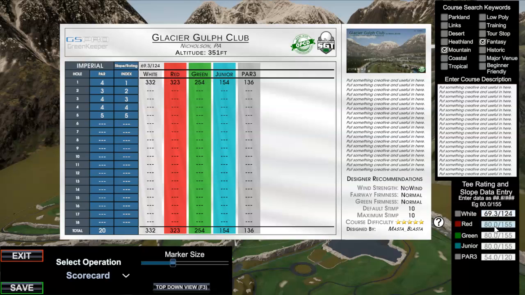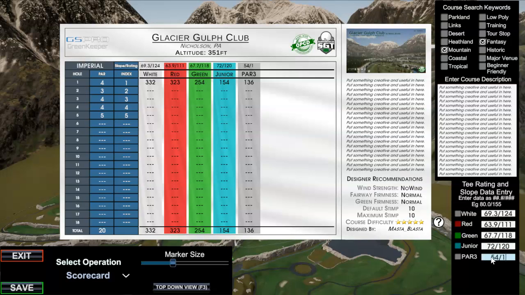My reds are 63.9 and 111. My greens are 67.7 and 118. And then juniors, what we typically do is we just say 72, 120